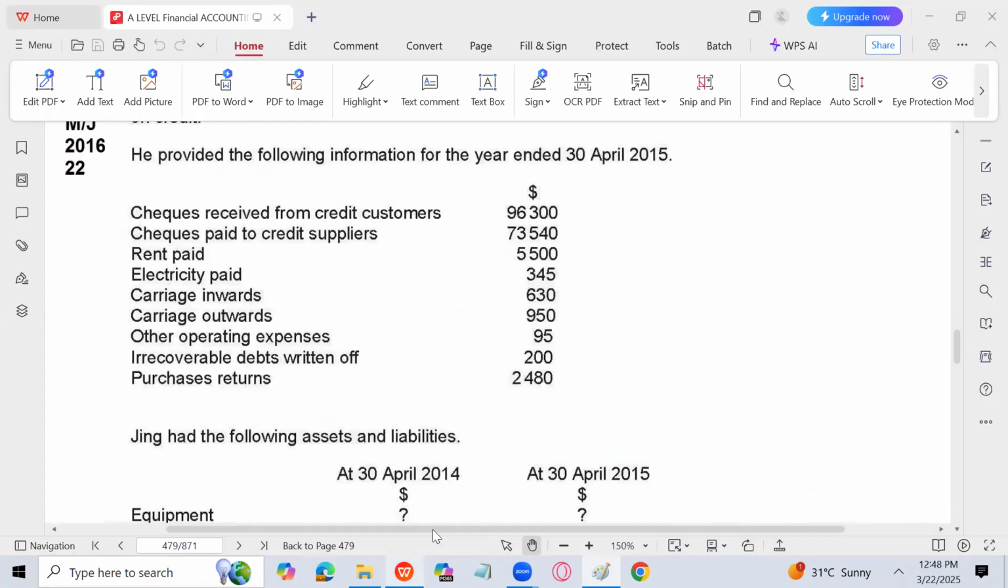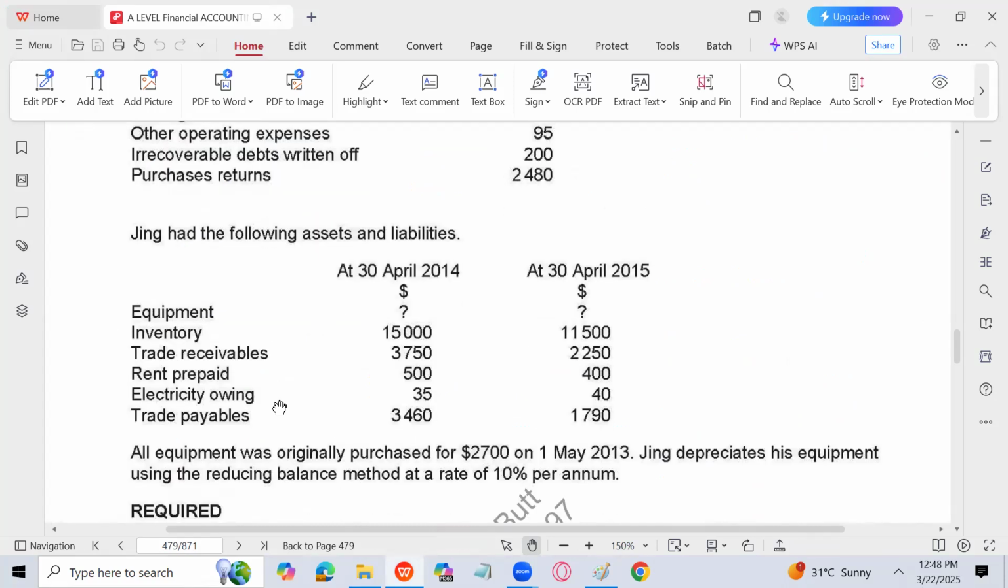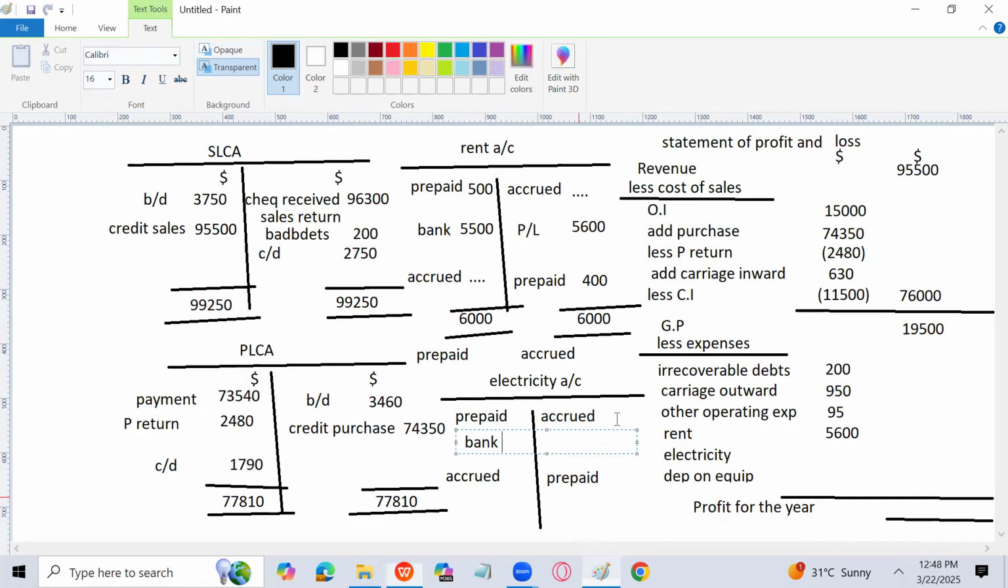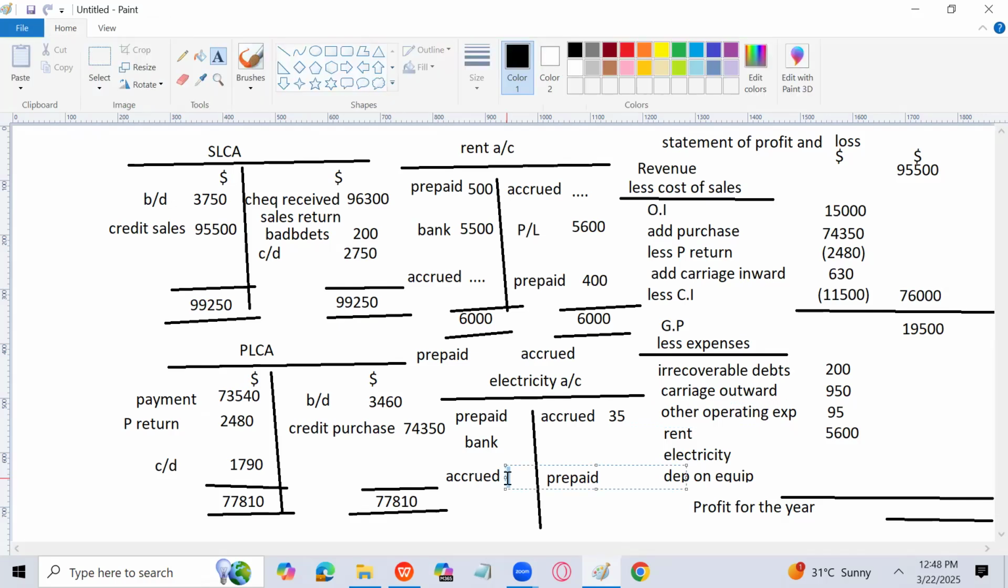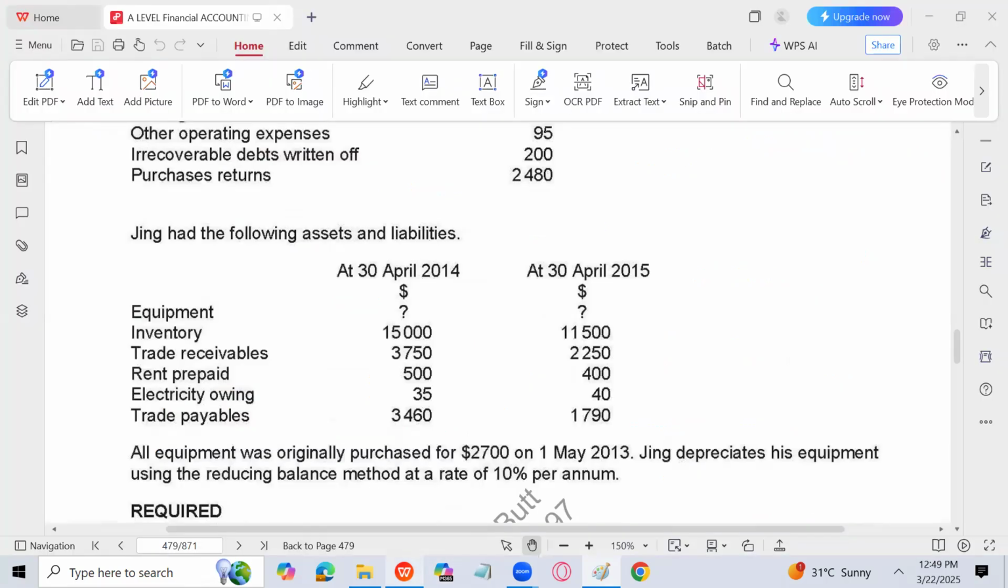Let's see what is given in the question. If we talk about electricity, the opening is owing. So electricity owing is given 35 and 40. So electricity owing is given, accrued, I will write here 35, and accrued carried down is given here, that is 40. Prepaid is not given for electricity, so we will not write, but I will show it in the format,